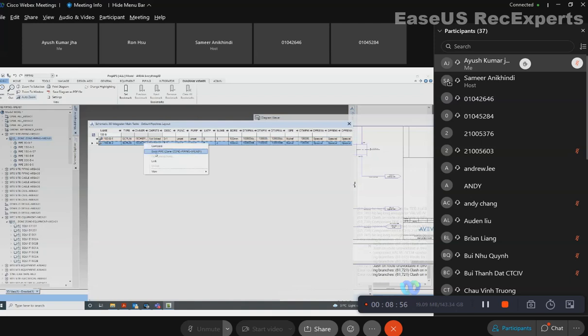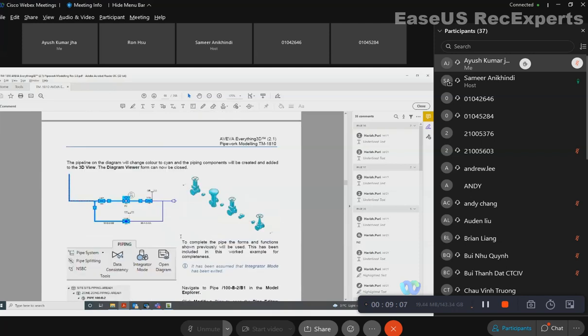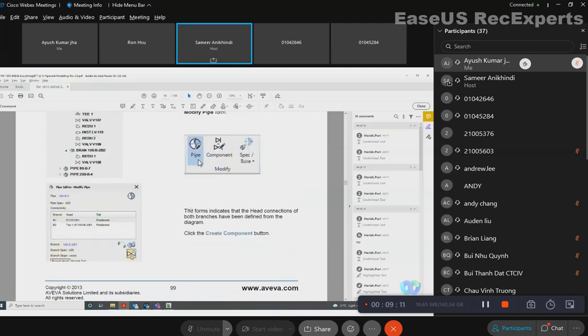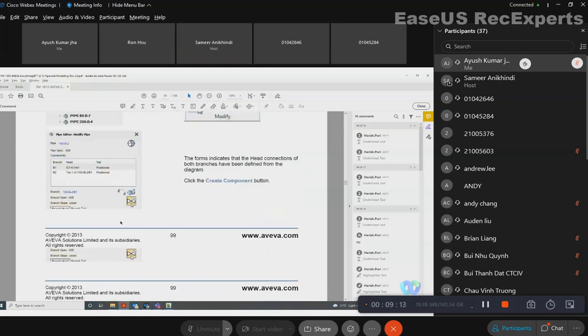Okay, then I will build it without auto routing. And let us continue as per the manual. So branch 1 is connected to the column,